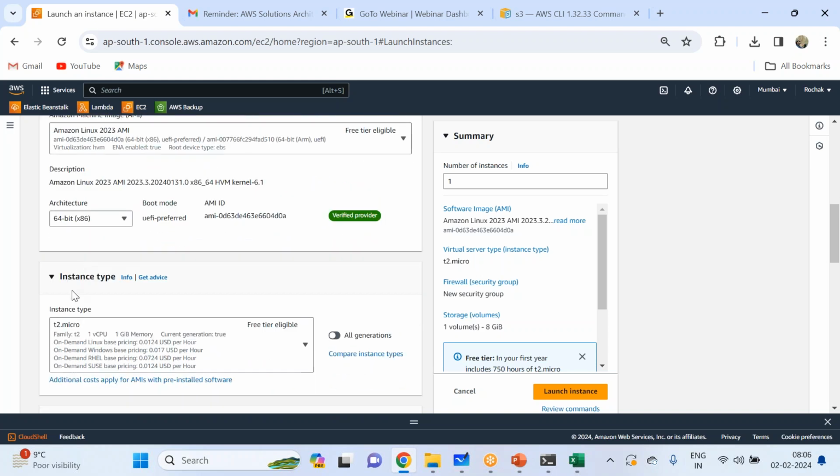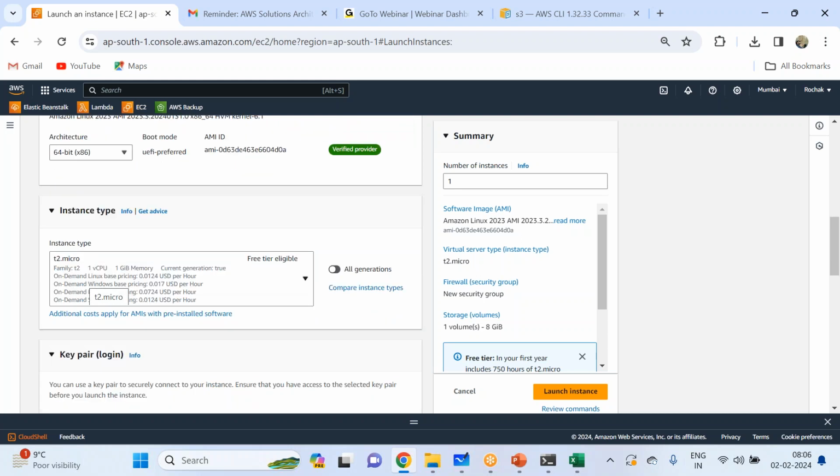Then after this, there is something called the instance type. Now there are multiple instance types available with AWS. The purpose of the instance type is to assign